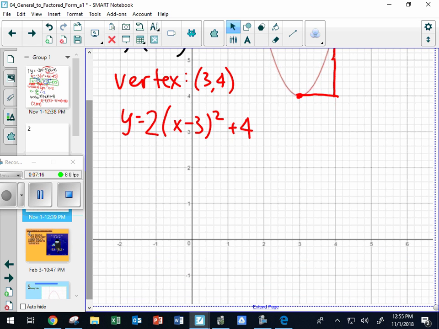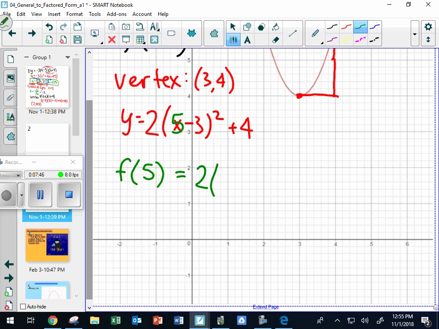So we have our vertex now. If you forgot about this too, this is the hardest part about looking at these graphs and making a formula from these graphs, is just this stretching and shrinking component, all right? So from here, we still want to find what happens when x is 5, right? So all we have to do is just put 5 into x, and if we do this and we solve it out,